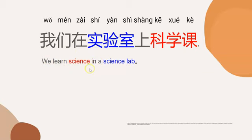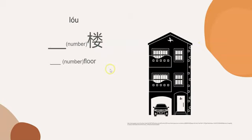Here is another sentence. We learn science in a science lab. First, how to say science class? 科学课。Then how to say science lab? 实验室。So if you want to say we learn science in a science lab, it's like this. 我们在实验室上科学课。Now it's your turn to say this. We learn science in a science lab. 我们在实验室上科学课。